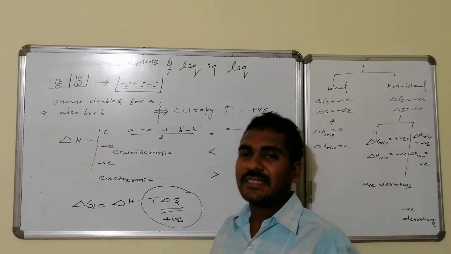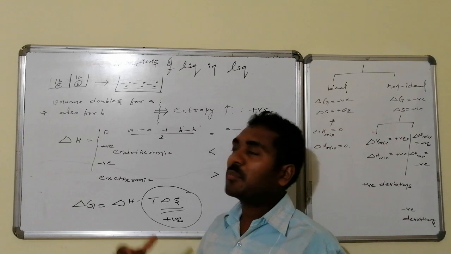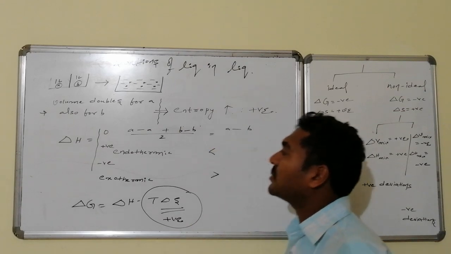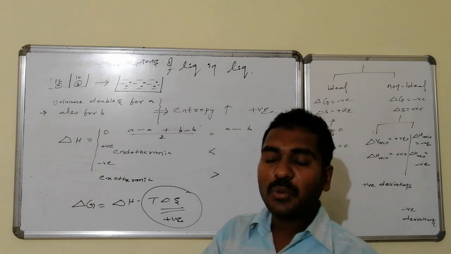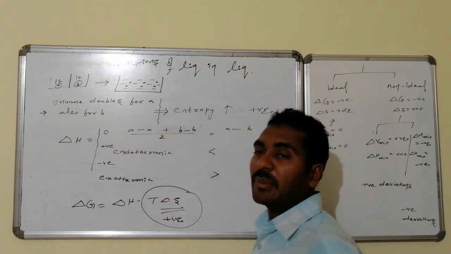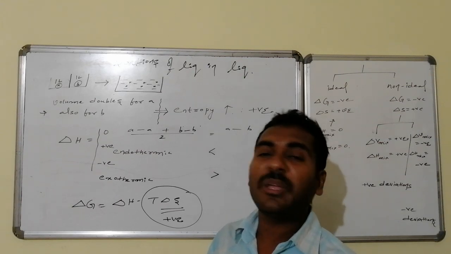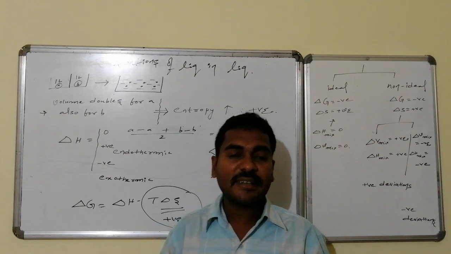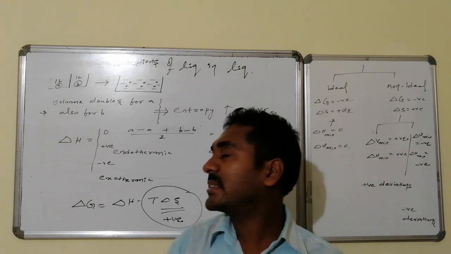Now let us see how delta H arises and why it has different values. The delta H of mixing of component A with component B can be 0 when the AA interaction and BB interaction are similar to the AB interaction. To make it clear, take the average of the AA and BB interactions, which is the theoretical value for one A molecule and one B molecule. If that becomes equal to the practical interaction strength, then there is no net absorption of heat energy and no net loss of heat energy, thus delta H of mixing becomes equal to 0.